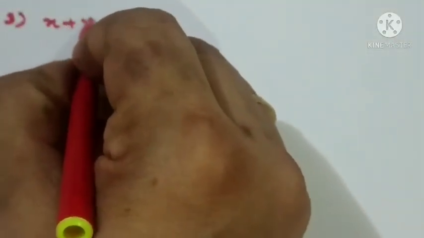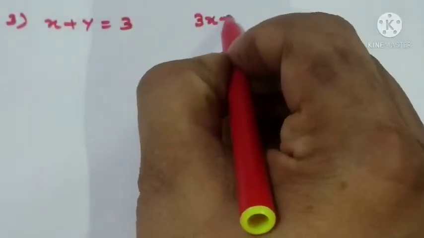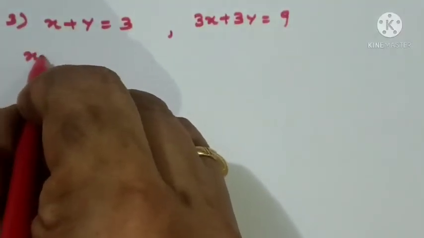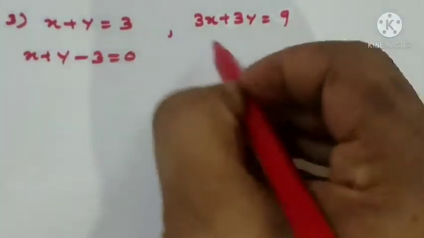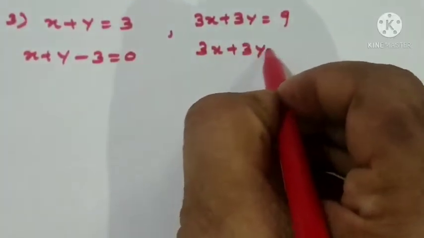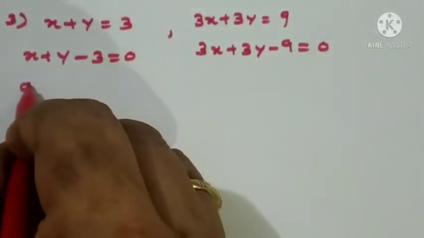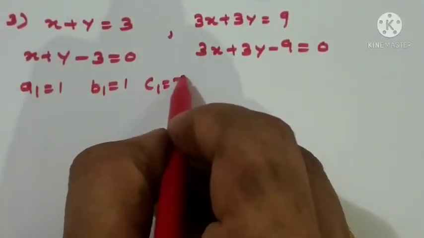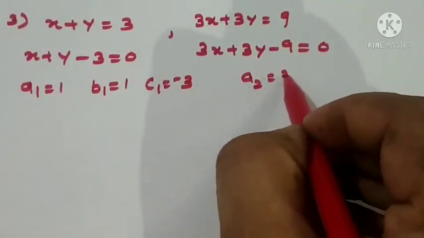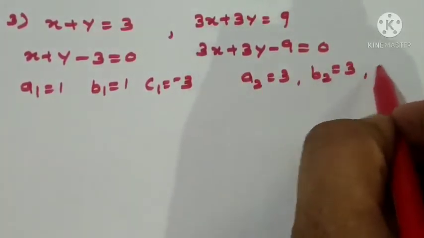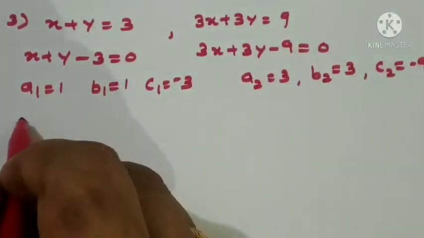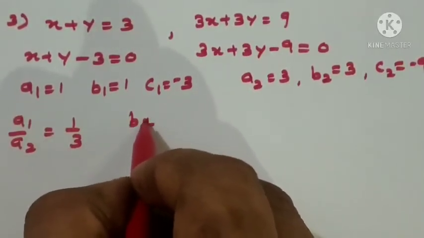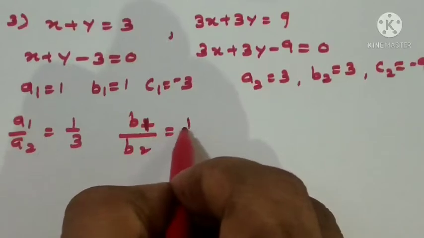x plus y equal to 3, 3x plus 3y equal to 9. So x plus y equal to 3 means x plus y minus 3 equal to 0. Similarly 3x plus 3y minus 9 equal to 0. So what is a1? a1 equal to 1, b1 equal to 1, c1 equal to minus 3, a2 equal to 3, b2 equal to 3, and c2 equal to minus 9. a1 by a2 equal to 1 by 3, b1 by b2 equal to 1 by 3,